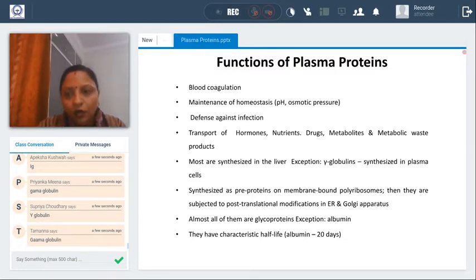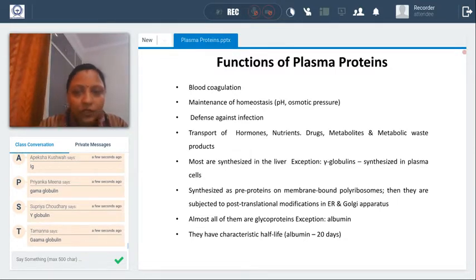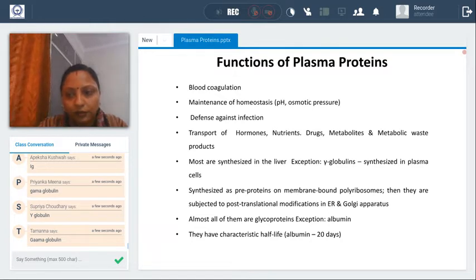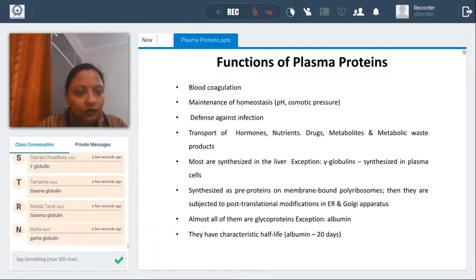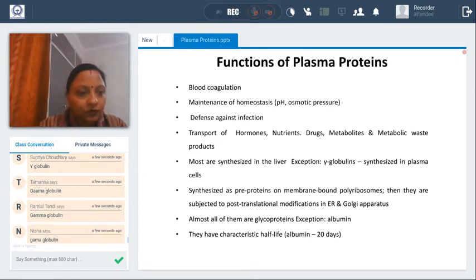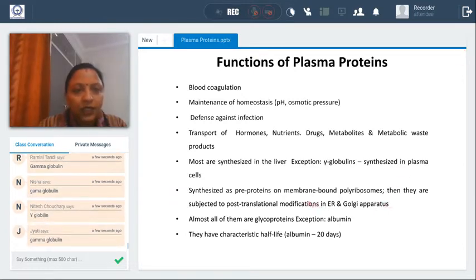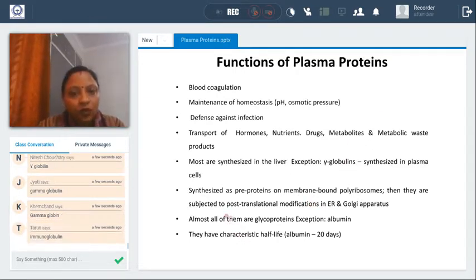Yes, gamma globulin. Jyoti, please write in the box, Jyoti. Tarun, please write in the box, Tarun. Sunita Gadwal. Sunita, am I audible to you? Please write in the box, Sunita. Okay. So,